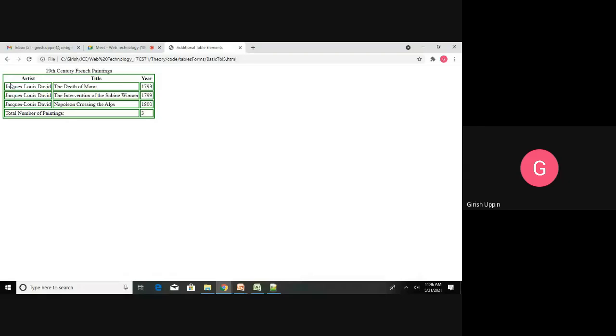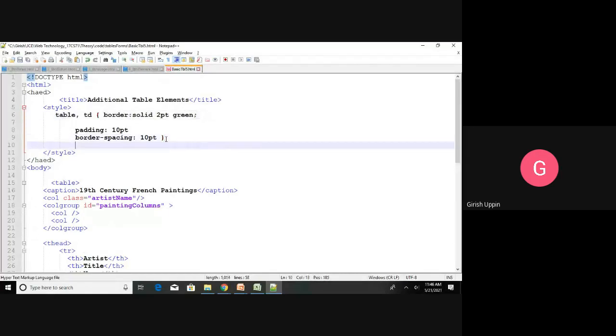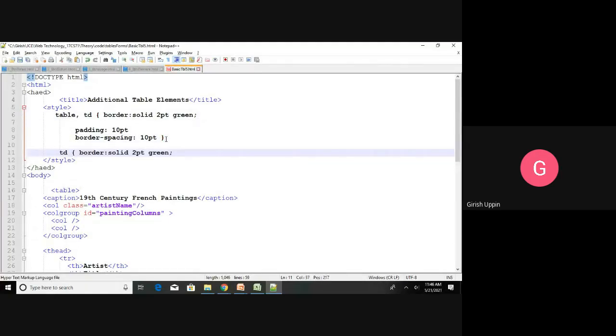So formatting for the TD is solid line 2pt and green color. If you want to have a separate one for this, you can do that also. Let us have a separate one for TD. I will remove TD from here.